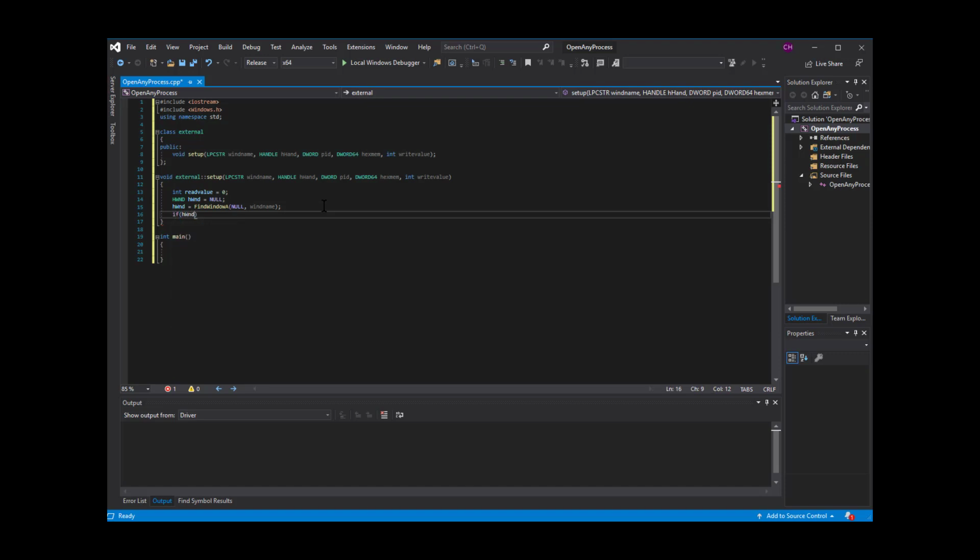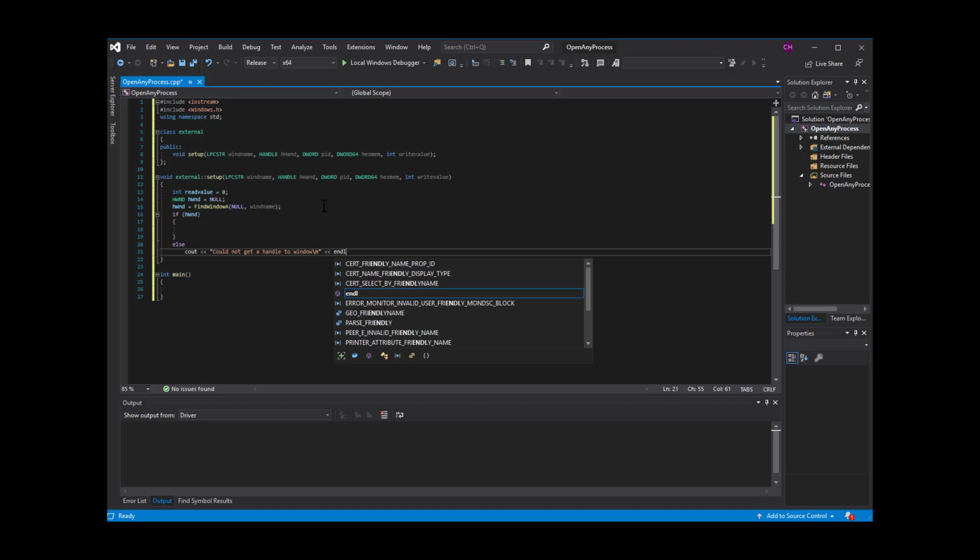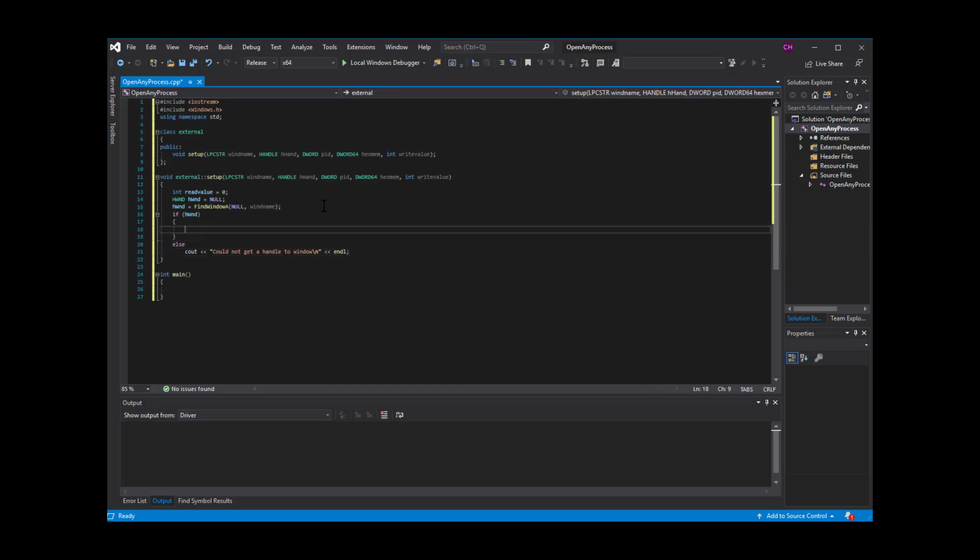If hWnd, and then here would be else, could not get a handle to window. Now guys, error checking is super important, or else you won't know if it's successful or not. So next we're going to do hand, which is already defined. Okay, hand equals to